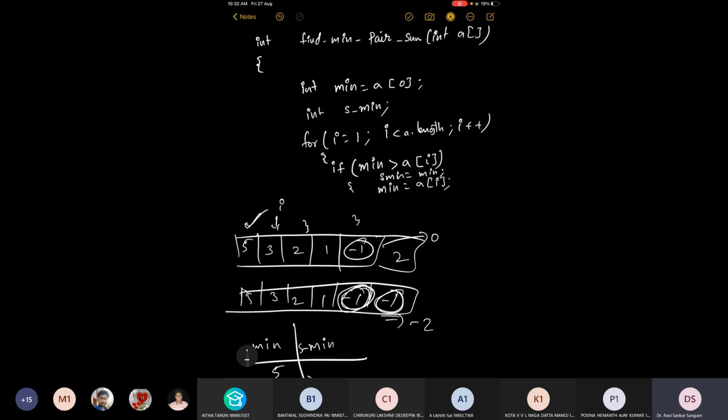Only one minor change is required. Sir, we can check the index position also. Why do you need to check the index position? Then it will not repeat. The problem is, if minus 1 is there, then the second time we check whether the minimum element is equal to the second minimum, it is not validating minus 1 and minus 1. So if we check the corresponding position, then it will not be equal. Okay.